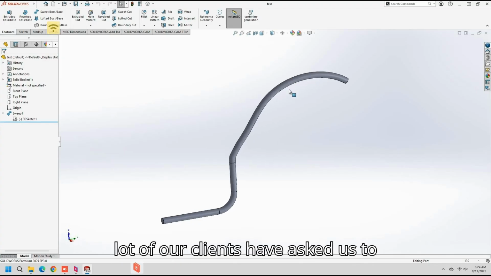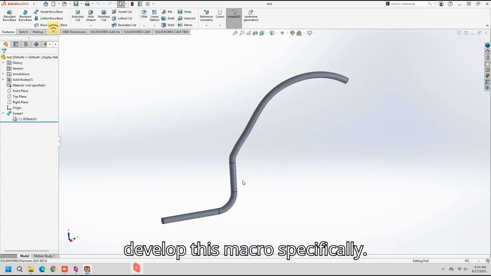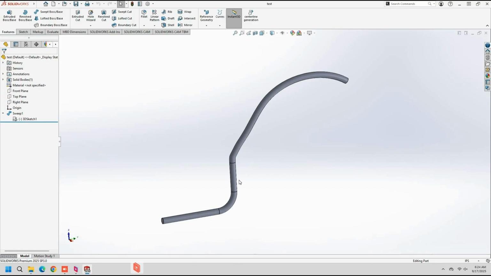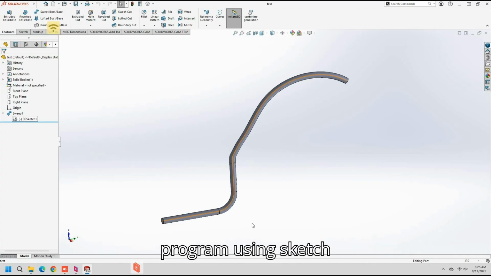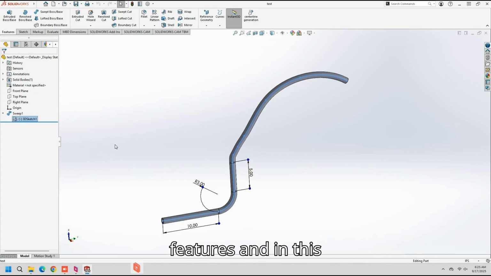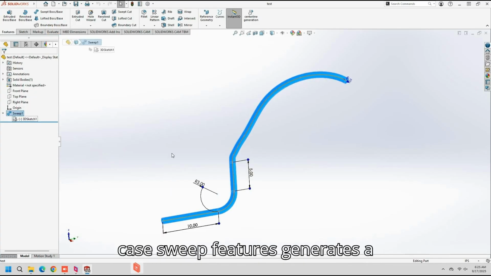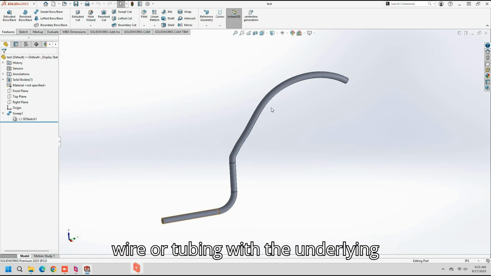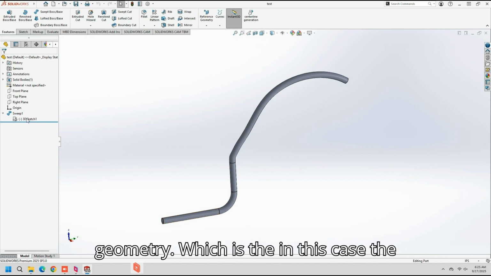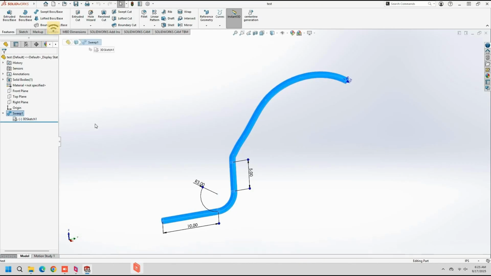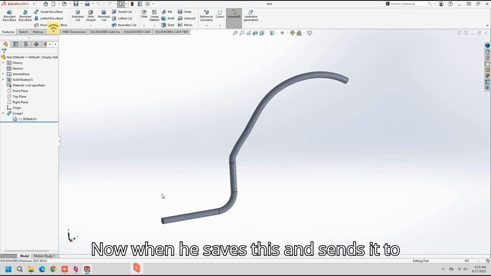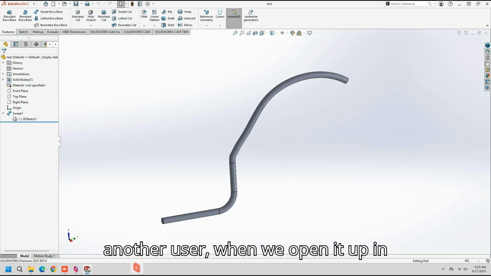Over the years, a lot of our clients have asked us to develop this macro specifically. So the problem is that a user in SolidWorks or some other CAD program using sketch features, and in this case sweep features, generates a wire or tubing with the underlying geometry, which is in this case the 3D sketch and the sweep feature. Now when he saves this and sends it to another user, when we open it up